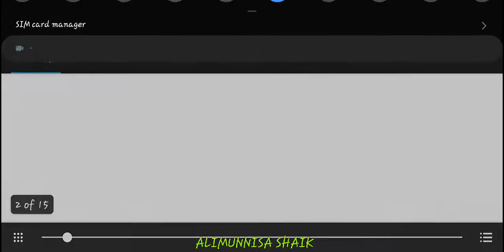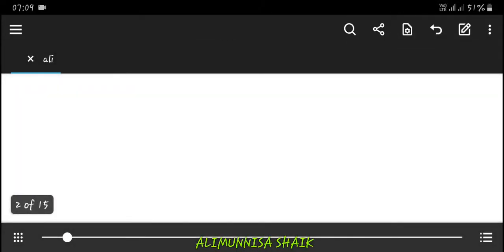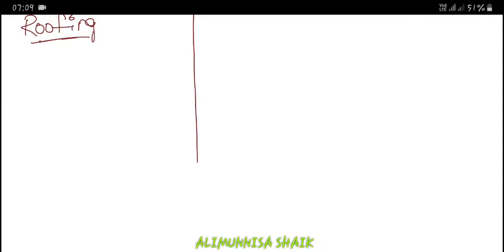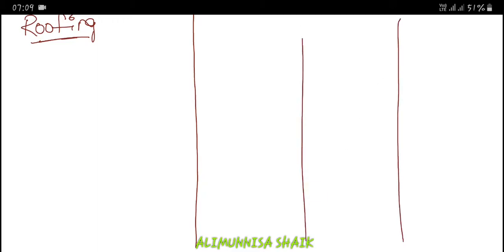In this roofing, let me divide the page first. In this roofing, the first item is, let me write the continuation number as 34.